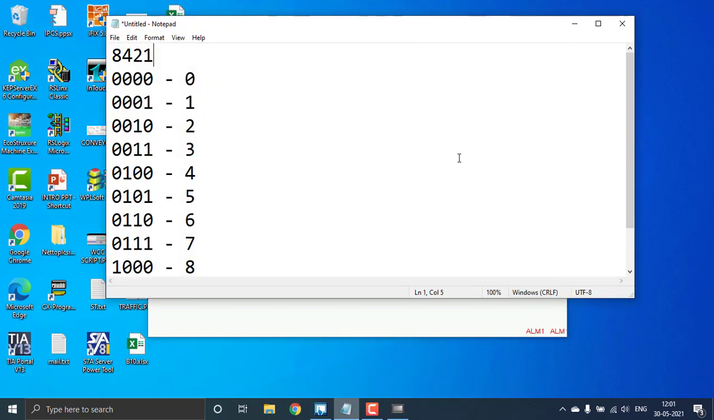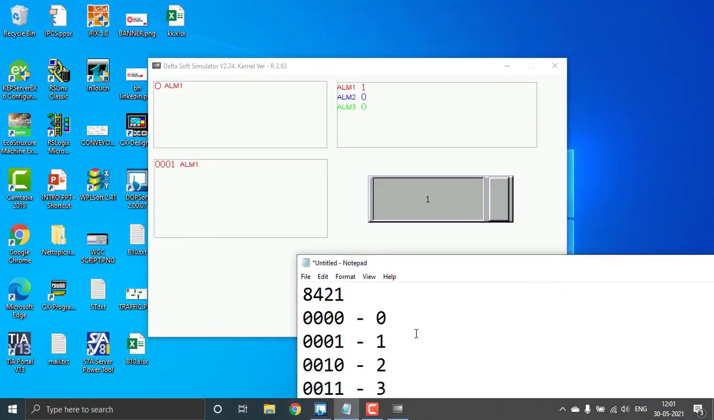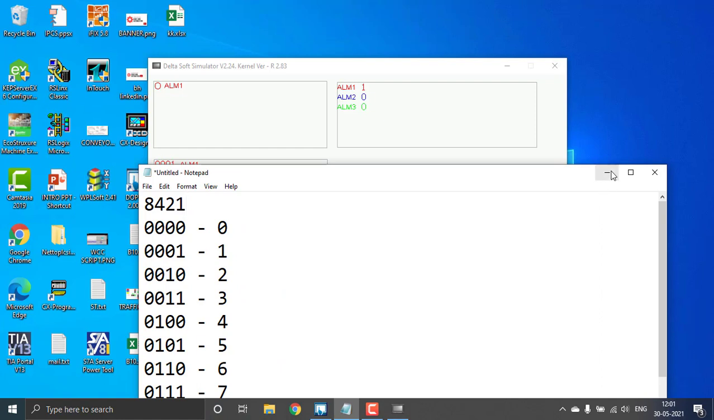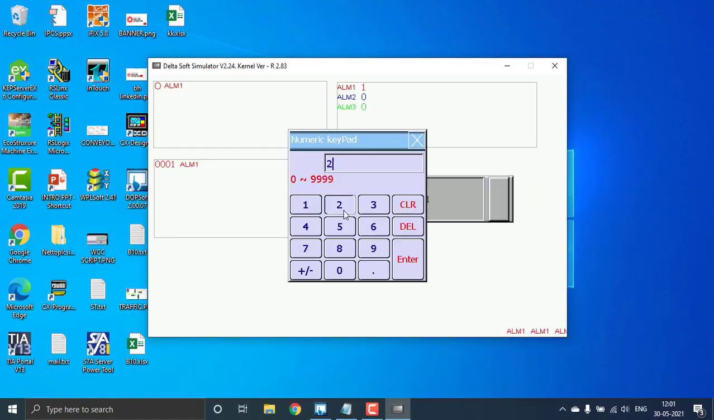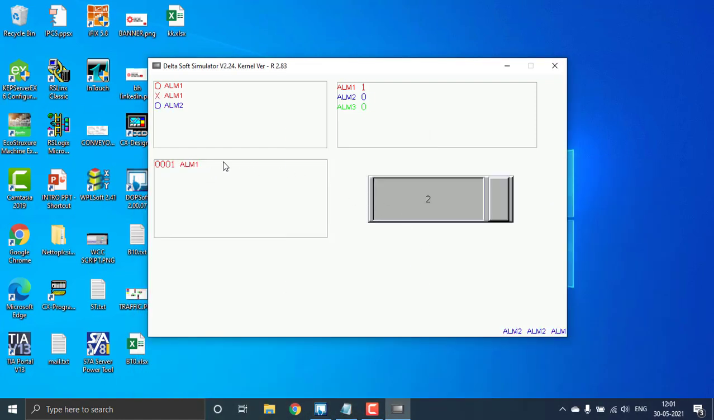And I can show you when the value 1 is appearing. When the value 1 is appearing, this will be the first alarm that will be triggered. And I'm going to show you 2. When I'm making it 2, the second alarm is triggered. The cross symbol